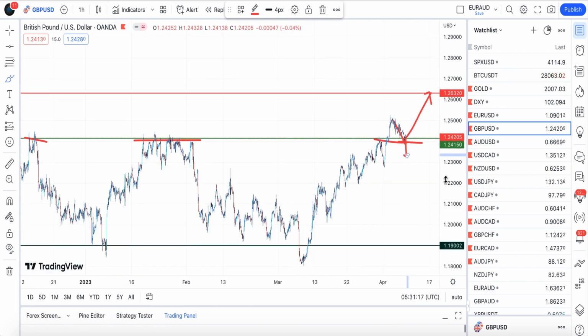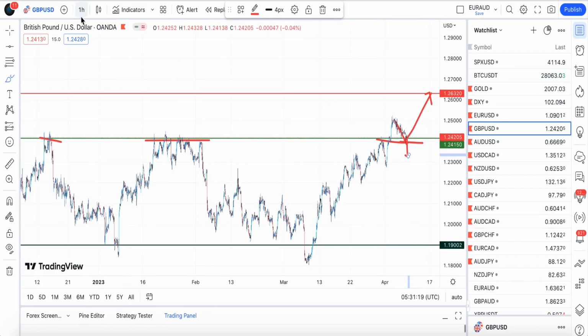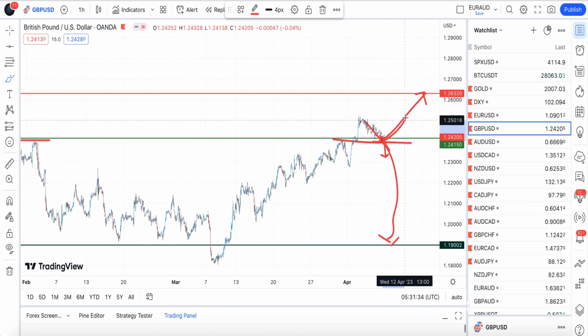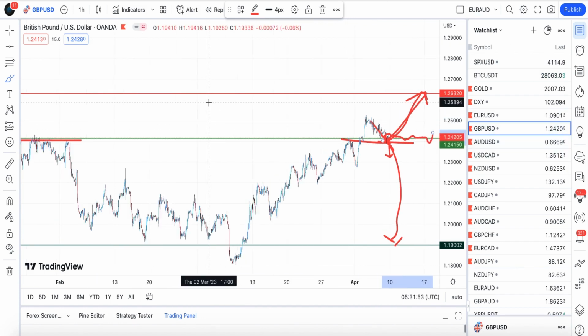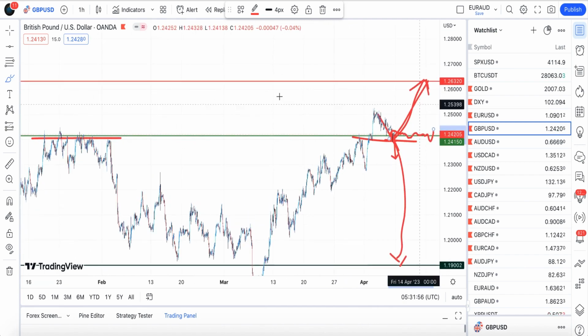So you have to be reactive, not predictive. If the CPI data comes out better than expected, then we might see it breaking back to this particular area. Then we might come and hit this low. It's very possible. If you have a weaker CPI data, then we should see a move to this particular area. So starting from Wednesday, that is at 1.26 3020. And Monday to Tuesday, we might just be seeing what we call a rally in the market. We might not have that kind of big volatility coming into the market because there is no fundamental, and we have a bank holiday on Monday.